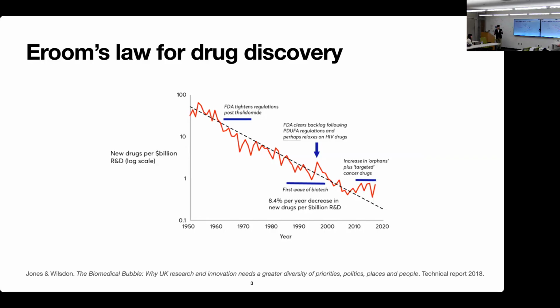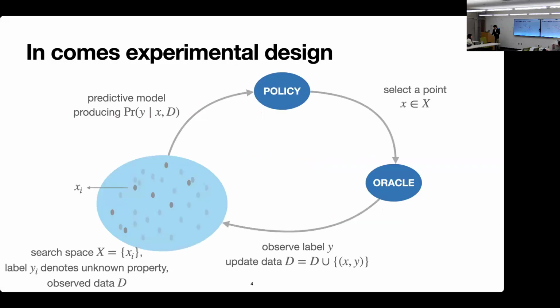So what a lot of people have been thinking about is, can we leverage the tools of machine learning, which we have seen so much potential in other domains, to help out with this drug discovery problem that is becoming more and more difficult? So in my research, I apply machine learning and specifically experimental design to tackle this problem, where